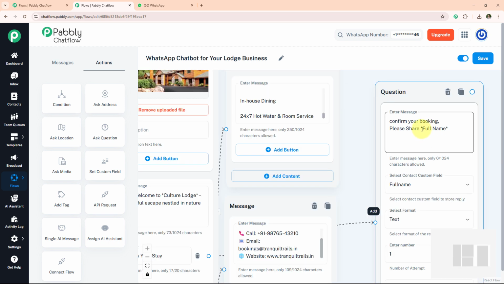And you will see I am using an asterisk sign. Why do we use the asterisk sign? The asterisk sign is used to bold the text. Now save the flow. Now if you also want to learn how you can create this contact custom field, simply